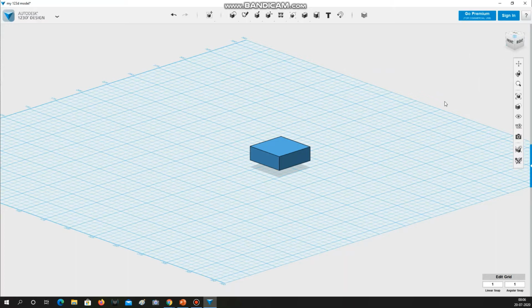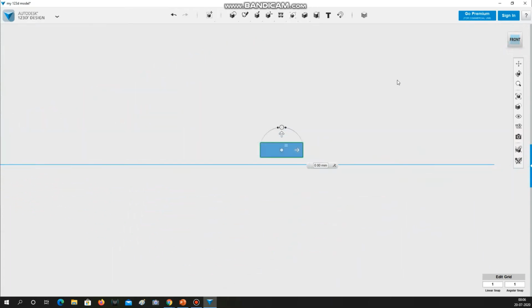Okay, so now to select it, I just hover over it and left click once, it gets selected, then this menu appears. I want to move it, so I'll click on move. When I click on move, I get these arrows and these scroll keys, which will help me move and rotate this object. As I said, I'll go to one of the sides, either right, front, left, or anything. And then I would use this arrow to move up and this arrow to move right and left. There is another arrow